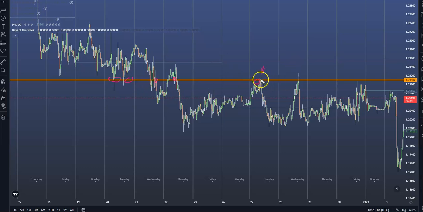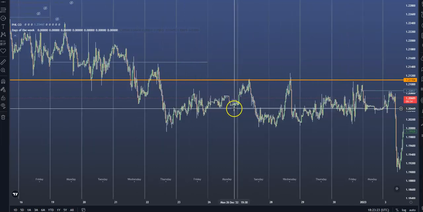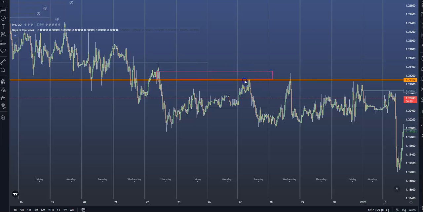So as we can see, this could be a point of interest for you to be looking for a trade. And I'm just showing you a basic trade idea. It doesn't matter if you view this here as the order block and we drag that aside and you have a limit order here. It doesn't matter if you view this as a supply zone. They're the same idea to me. But the whole idea here is that you know that 83% of the time we're going to come back to this opening price, and 63% of the time over 108 weeks that happens on a Tuesday.